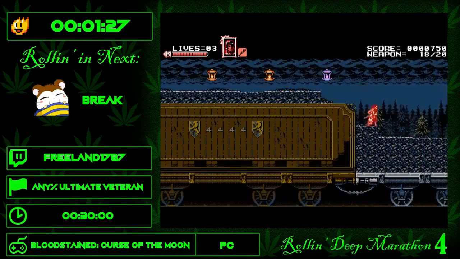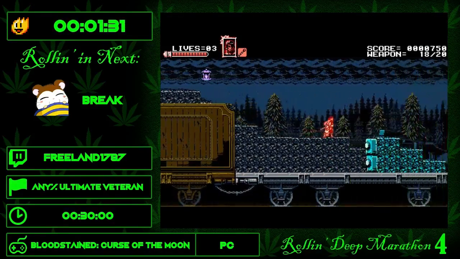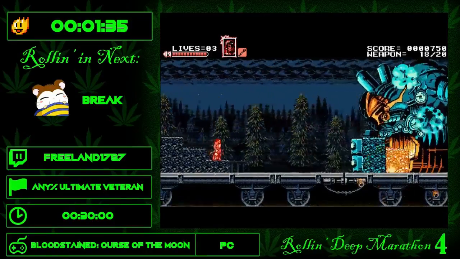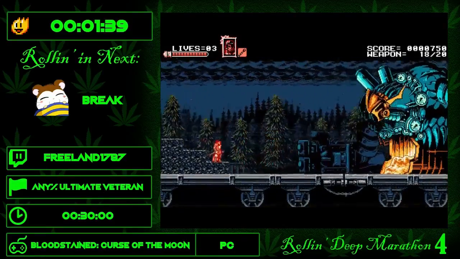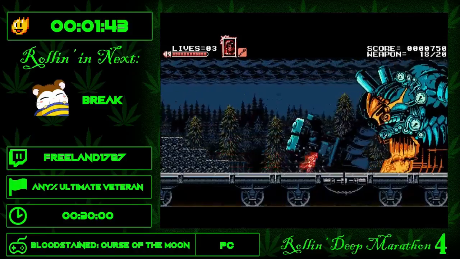Alright, so here's the first boss of the game. This boss basically has 2 types of attacks. The first one is an arm that grabs the platform that you're standing on, and it also shoots out a giant fireball at the bottom and